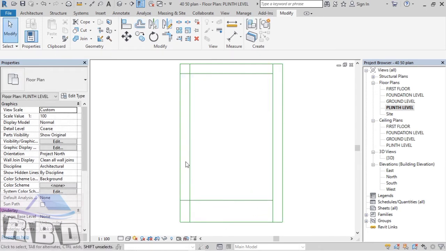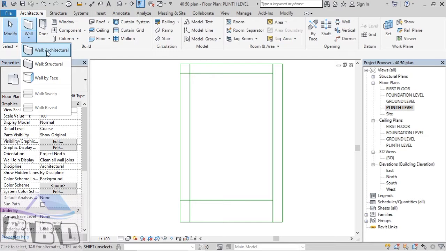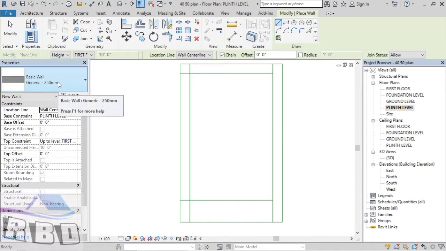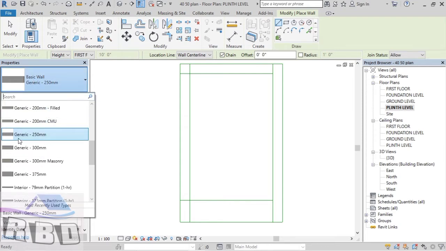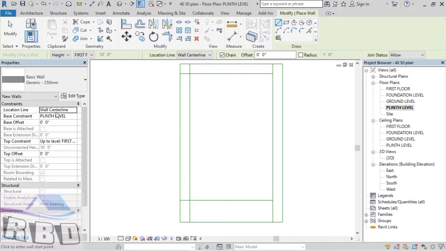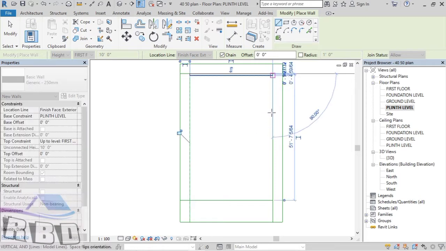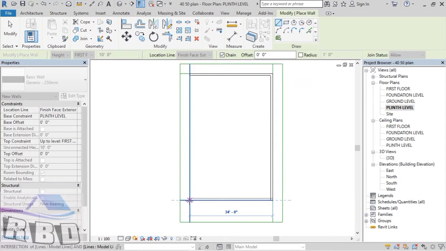Now we are going to place our external walls aligning with these. Under architecture tab you have an option for wall. Selecting the architecture wall, you can select different type of walls which are already provided, and here I am taking generic 250 mm wall. Now you have to look at the constraints: wall center line, finish face exterior, and here with top constraint you have to take this to first floor. And now let's place our external walls over these model lines, and now completing the external boundary for your plan,